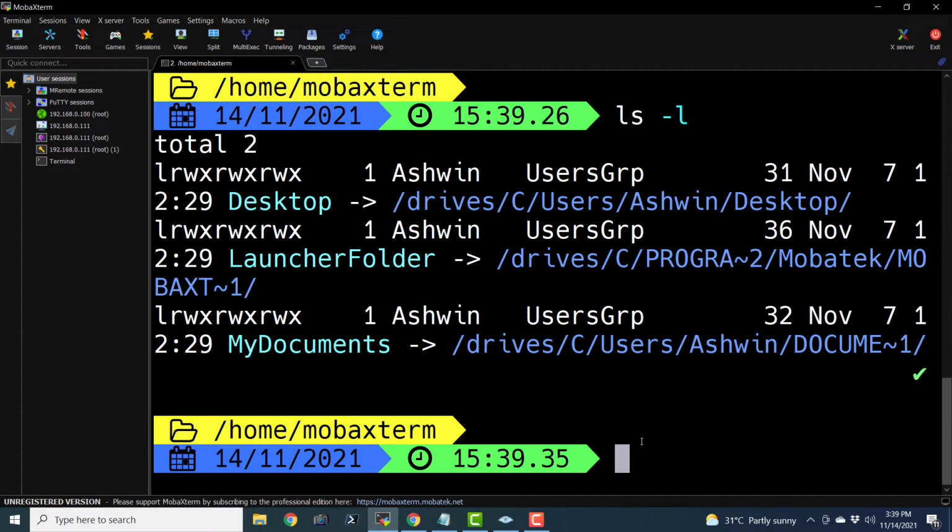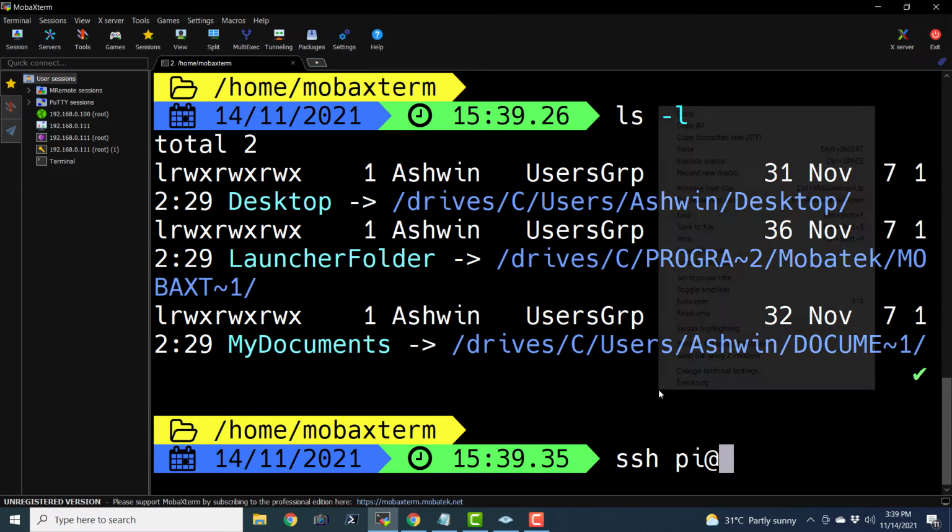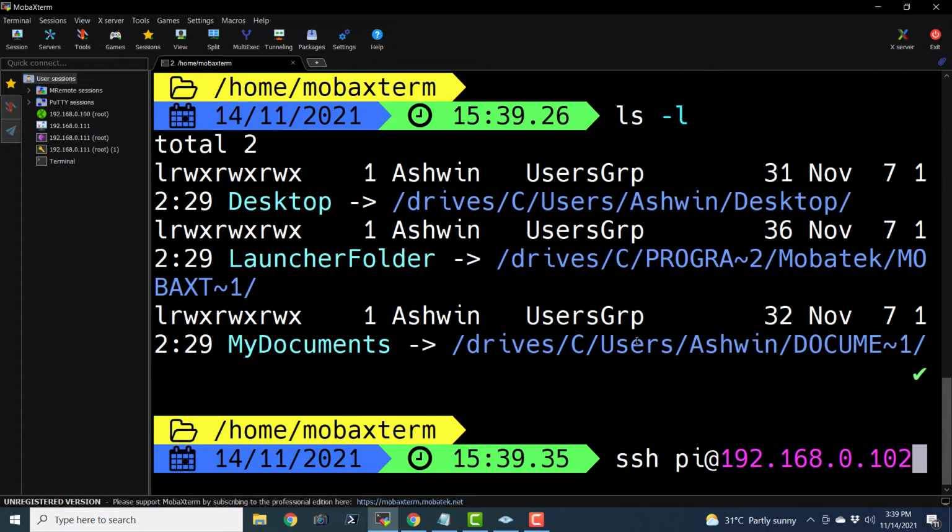to the Raspberry Pi remotely with the command ssh pi@ followed by the IP address. See, pi is the name of the user. It is the default user for Raspberry Pi OS, and the IP address is something that we have just detected. SSH is the name of the utility. It means secure shell. Basically, it is a Unix or Linux program. And if you remember, we had already enabled SSH by creating an empty file named ssh without any extension in the boot partition of our SD card.